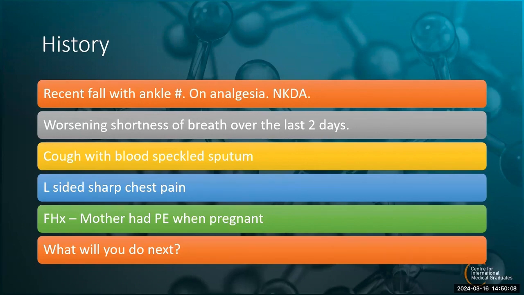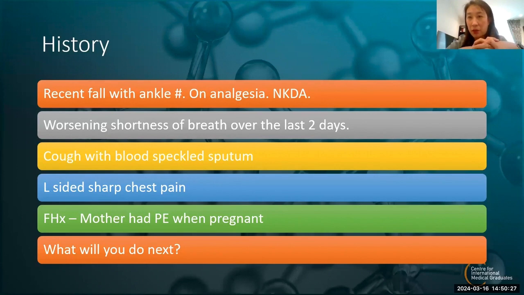or we will directly do imaging, a CT pulmonary angiogram. Sure. That's very good, but to go back to the basics, is there anything else you would do besides A to E? Everyone said A to E, which is great. But what investigations would you do as you go along the way? If someone presented with shortness of breath over the last 2 days, what investigations? An ABG.